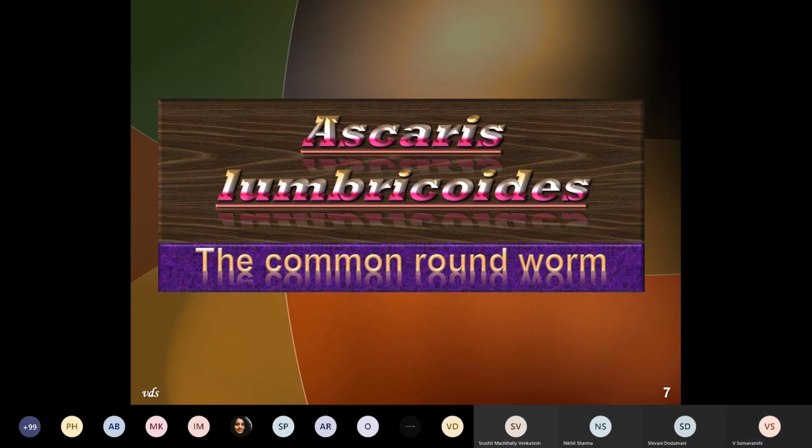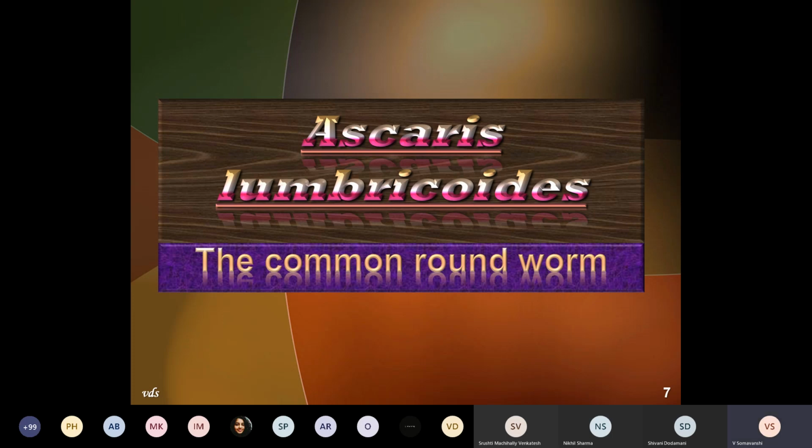But if you see the trematodes, they were named according to the site of localization. For example, Fasciola hepatica, whose site of localization is the liver, is called the liver fluke. Schistosoma haematobium, Schistosoma japonicum, and Schistosoma mansoni reside in the blood vessels, so they were called blood flukes. Paragonimus westermani resides in the lung, so it was called the lung fluke. So trematodes are classified on the basis of the site of localization of the adult worms.